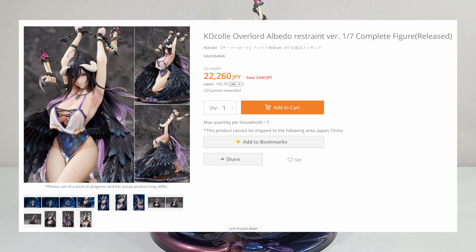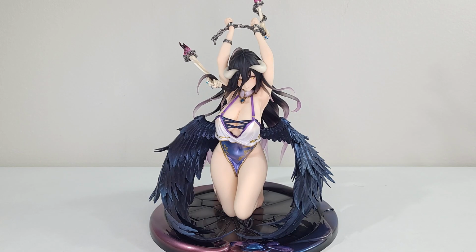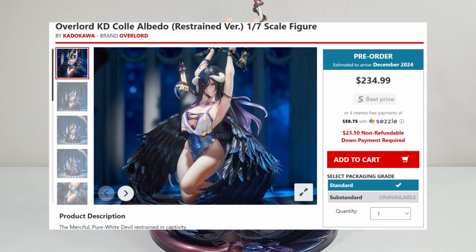Now, if you did not want to import this figure, I completely understand that. You probably want to avoid the importing prices of EMS or DHL. I completely get that. But just to give you an idea as to how much this costs right now in terms of the US market, in Big Bad Toy Store, which I know sometimes put the prices a little bit higher than usual, it is $234.99, which in all reality is a little bit pricey for a 1/7 scale figure, especially one of this size,